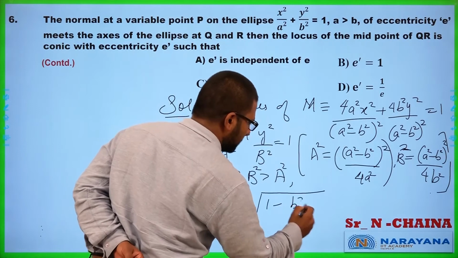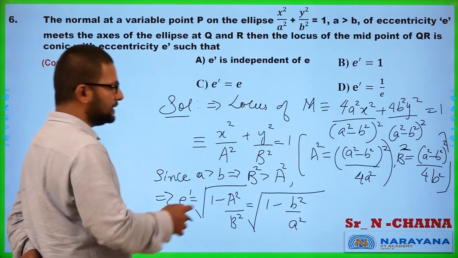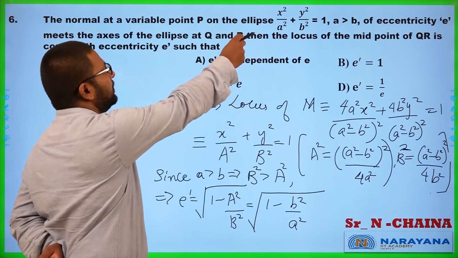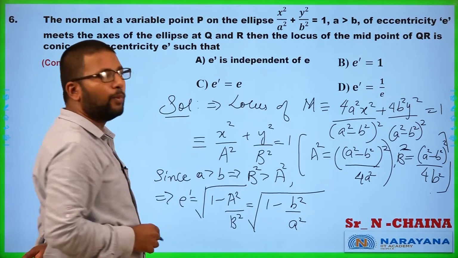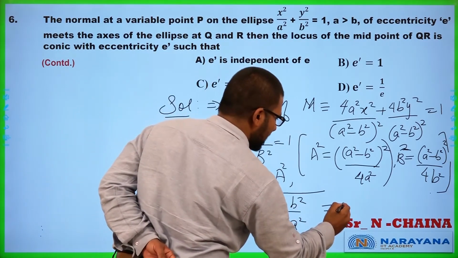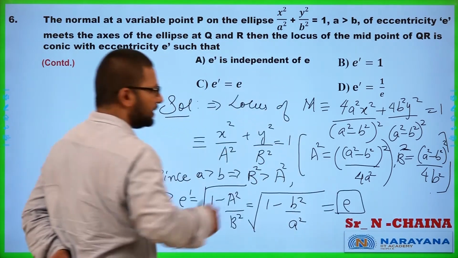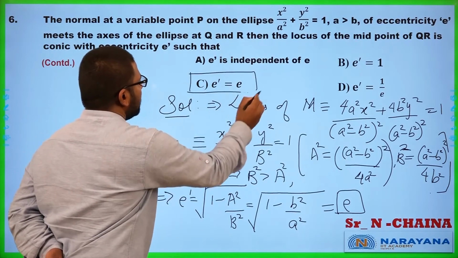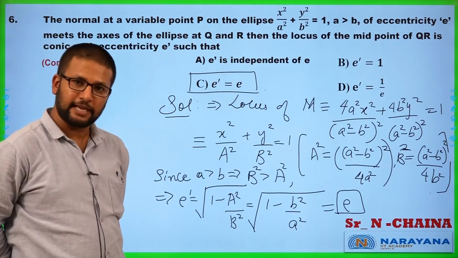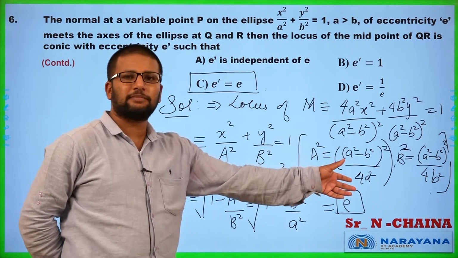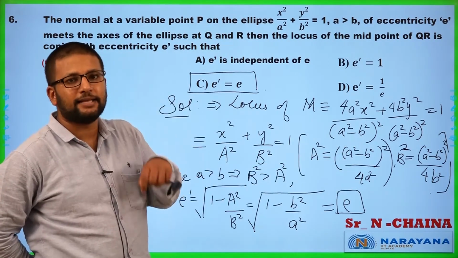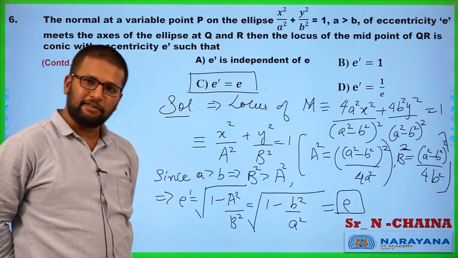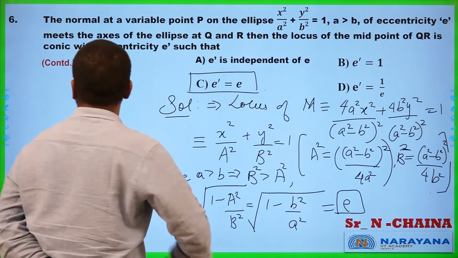So it will turn out to be b square by a square, but that is exactly the expression for our original eccentricity, right? Because its eccentricity is also root of 1 minus b square by a square. So E dash is actually equal to E itself. Got it? So E dash is equal to E. That is your answer. Is that clear? So in steps like this, you should put a star mark because you are likely to make a mistake there in the exam. So keep a star mark for you to revise it later. Got it? Shall we proceed? Okay, let us proceed.